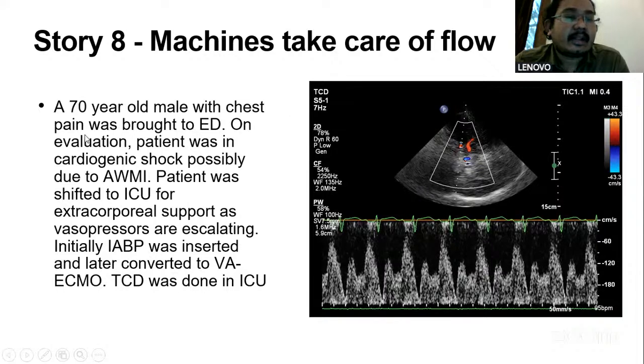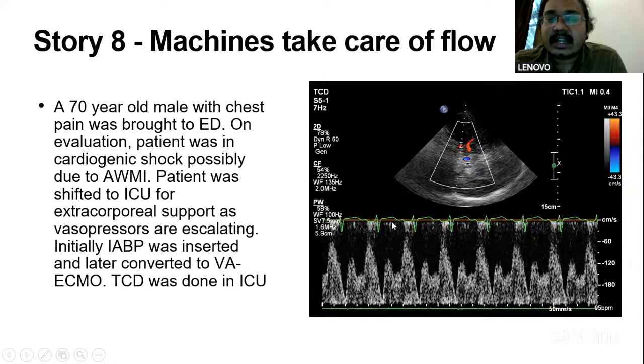He had an anterior wall MI that led to cardiogenic shock. In view of worsening vasopressor requirements, we put him on extracorporeal support. Initially it was IABP and later it was converted to VA-ECMO. When IABP was instituted, we did a transcranial Doppler and you can see that there is a diastolic